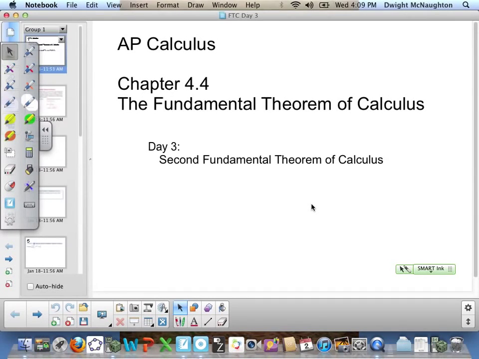Chapter 4.4, the fundamental theorem of calculus. Day 3, the second fundamental theorem of calculus. All right, the fundamental theorem of calculus, if you remember,